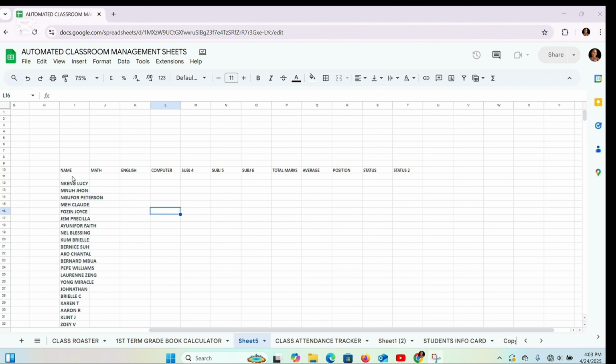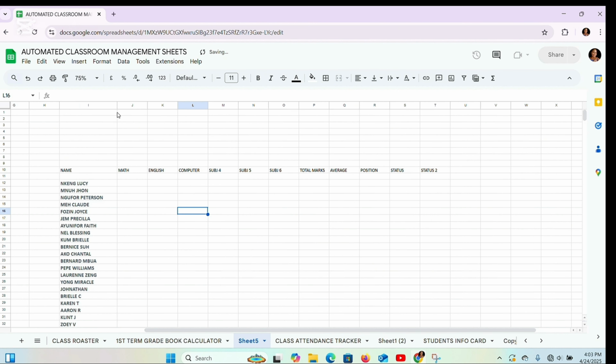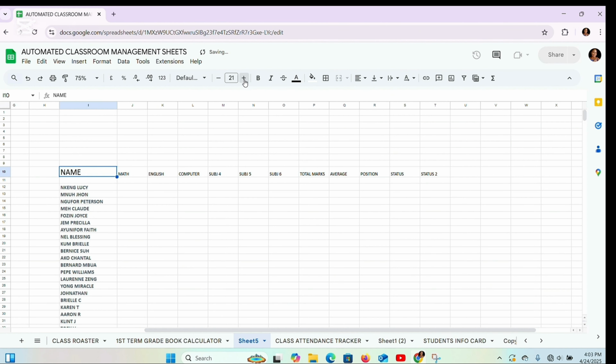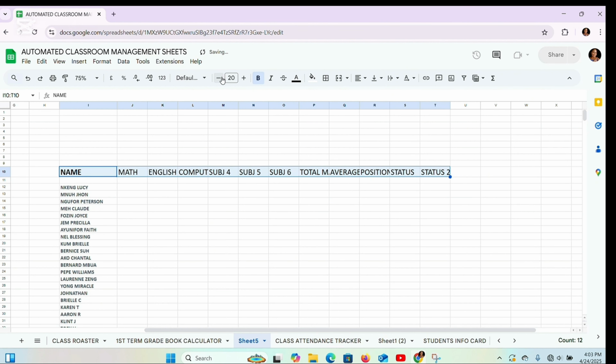Now, the next thing I'm going to do is to just adjust these cells like so. Let's just drag, bring your cursor here and drag. And then we can also add some formatting to this. Let's add the size. Come here and add the size and bold it, right? So we can just highlight all of the cells like this and give it a size 20 and then bold it,